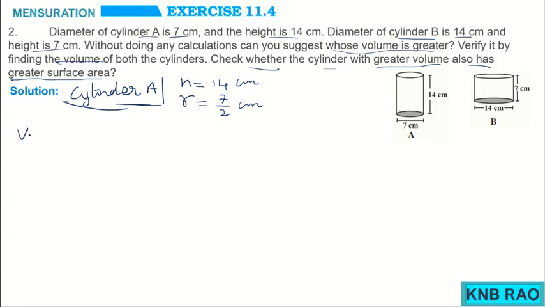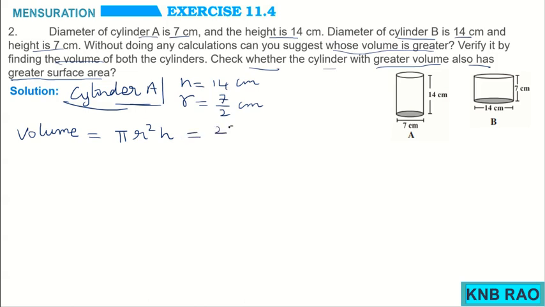So, I will first find the volume of cylinder A, which is pi r square h. Using this formula I can find,